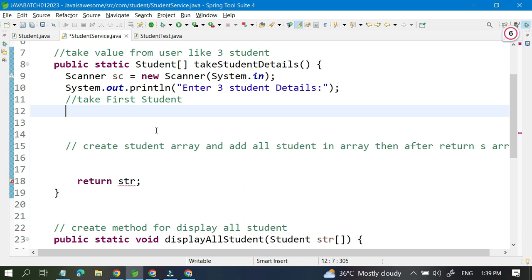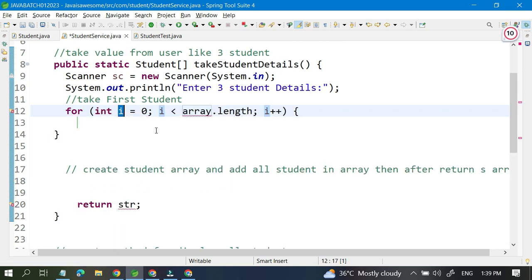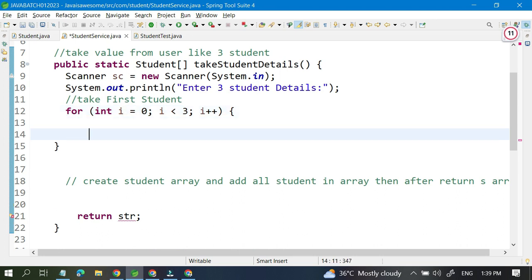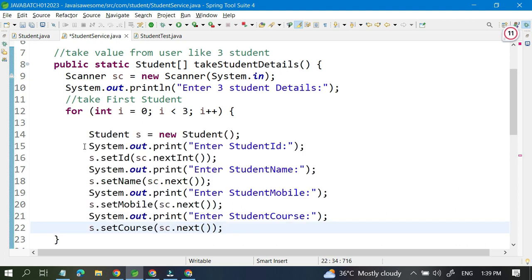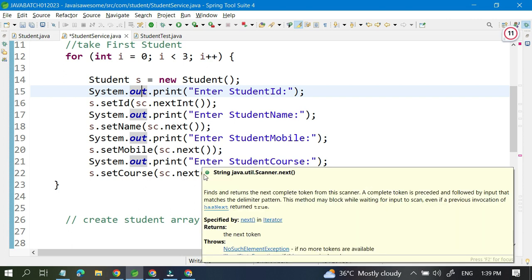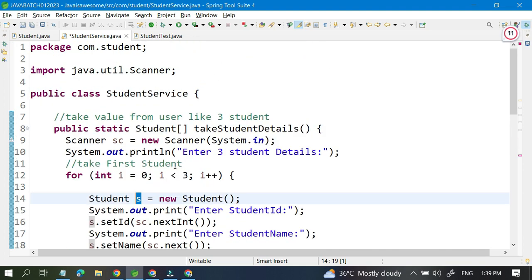Okay, now take the loop. The loop will iterate whatever the length he gave. So let's make it 3, and then here we can write something like take the details from the users. So this is the first. Whatever code I have copied for the first student, we can create one student object and ask all those details, and along with that we can add this student object inside this one student array only. So for that previously we have to create